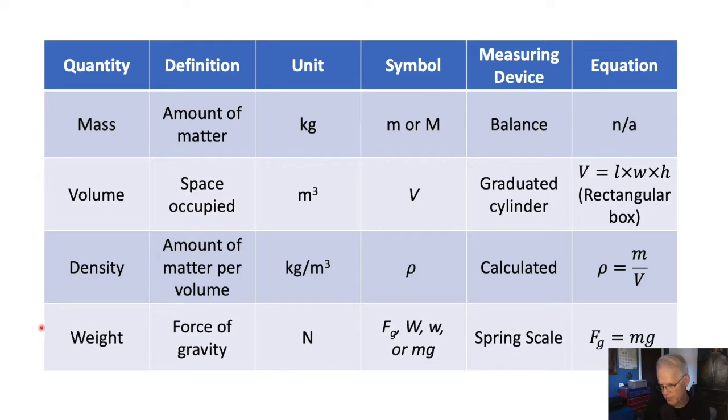Next, we want to review what we mean by weight. Weight is the force of gravity on some matter or on a mass. It is measured in newtons. You might be used to the English system of pounds, but we'll be using newtons here. You'll see it as a symbol of the force of gravity, or F sub g. You might see it as a capital W or a lowercase w, or we might see it as mg, because